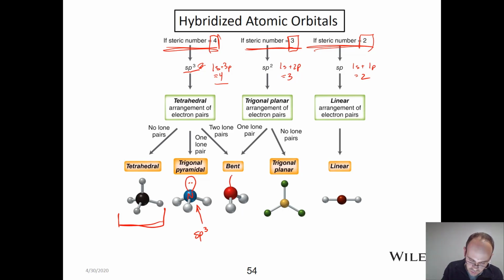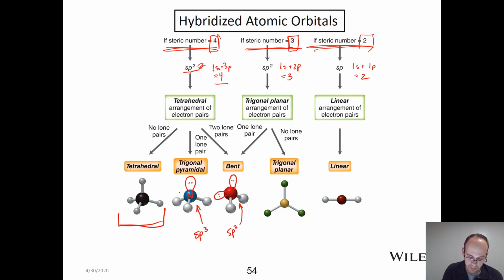If you have an oxygen, you have 2 lone pairs, one here and one here. And those 2 lone pairs are both in sp3 hybridized orbitals. So lone pairs count for your steric number. They're just non-bonding electrons that are in hybrid orbitals as opposed to bonding electrons. All right, so if you have no lone pairs, that comes out to a tetrahedral shape, tetrahedral electron arrangement. All of these have tetrahedral electron arrangements, but the molecular geometry, which doesn't take into account the lone pairs,